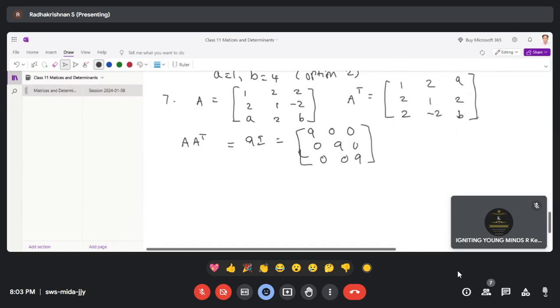This is given. Now let's find out A into A transpose and equate it to this, so we get the value of a and b. So 1, 2, 2, 2, 1 minus 2, a to b